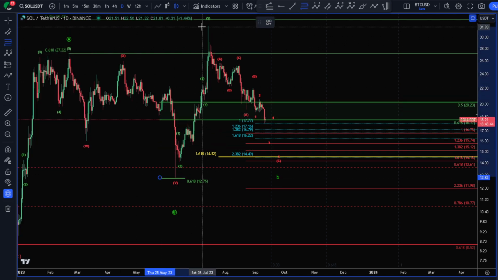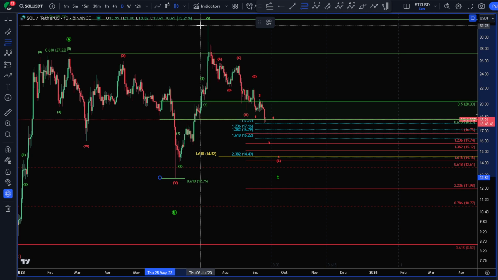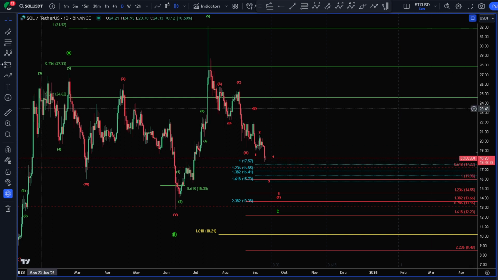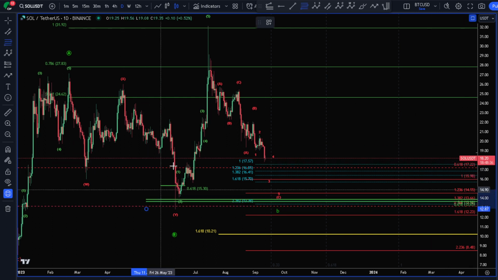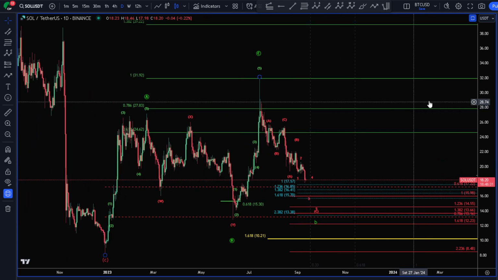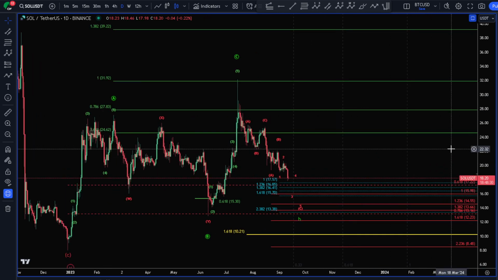As you can see, we've already run through the 618, which is right there in green, unless we pivoted right now, but no counts are complete on that. And I believe we've passed through it on linear scale. Yeah. So that leads me to believe the probabilities are now to the downside for the next little bit.